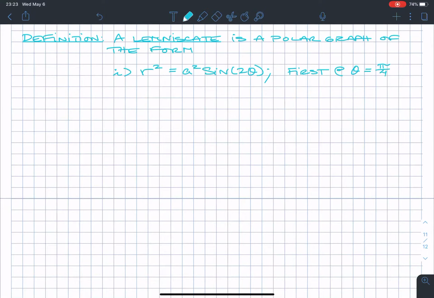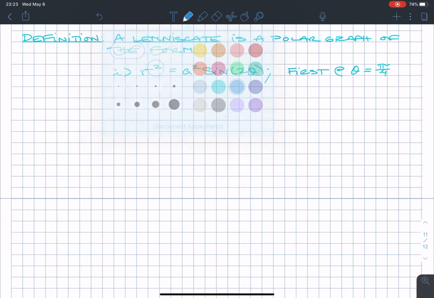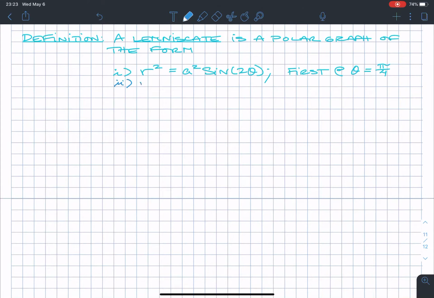You'll notice that's pi over 2n as before. And number 2, r squared is equal to a squared cosine of 2 theta,